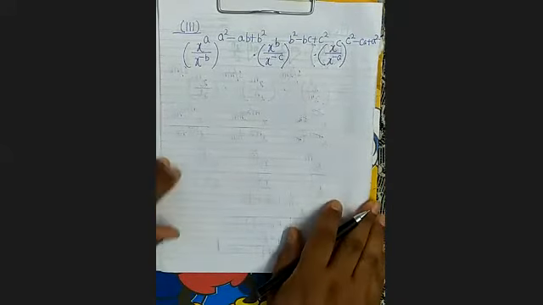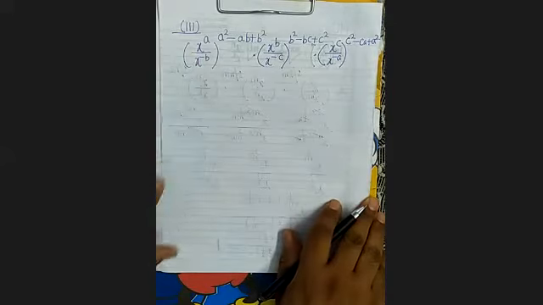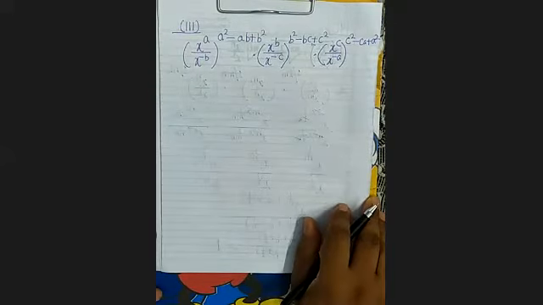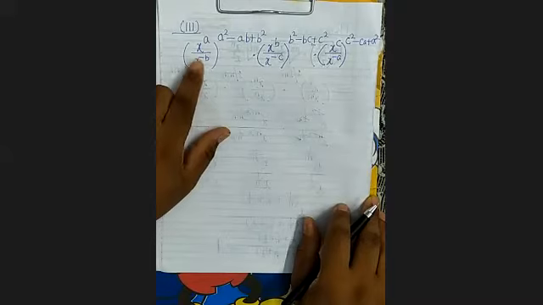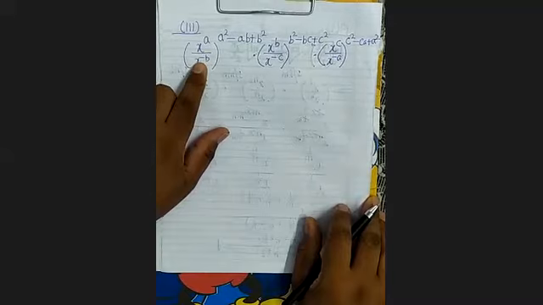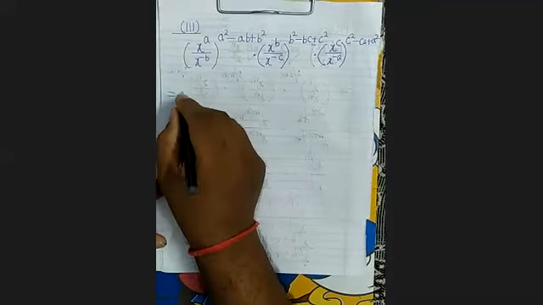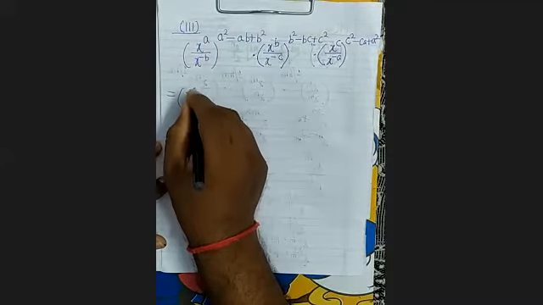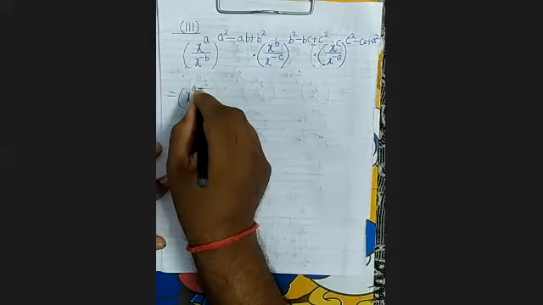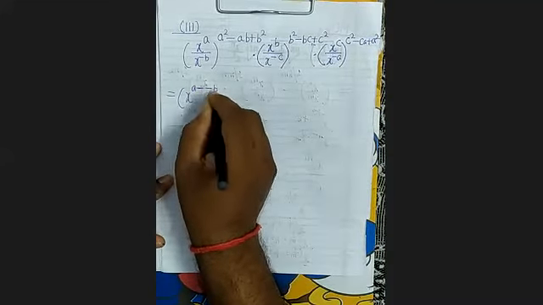You can see here, when you take this term in the numerator, this power will be subtracted. When you subtract, what will happen? There is already a minus there. When you subtract minus and minus, plus, it will become x to the power a minus minus b whole